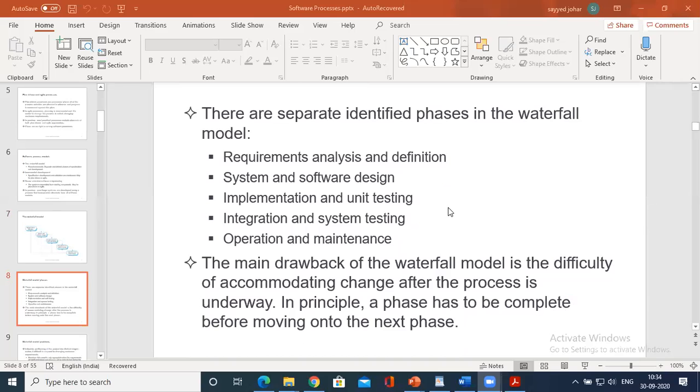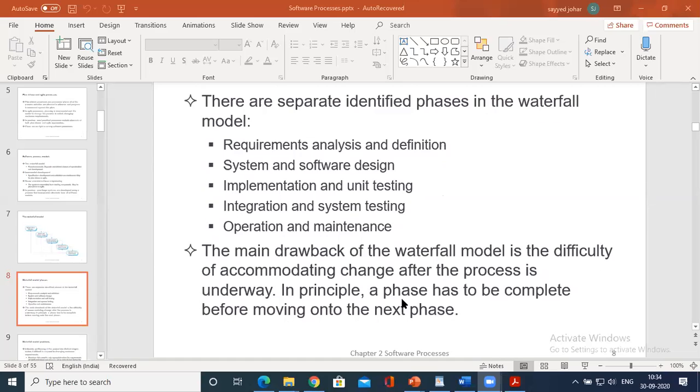Majorly, when I go to the drawbacks of the waterfall model, if anything has to be changed, we cannot accommodate certain changes after the process is developed. And one more is that once you complete the requirement engineering, that is requirement analysis, then only you can go to the next phase.